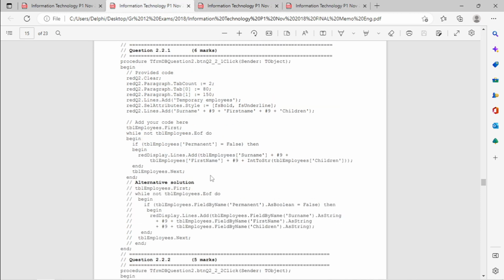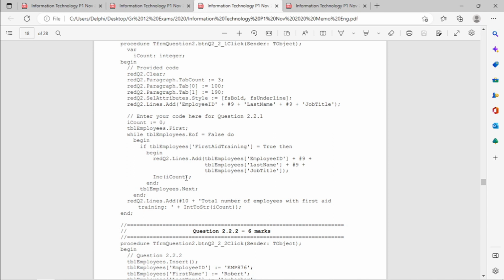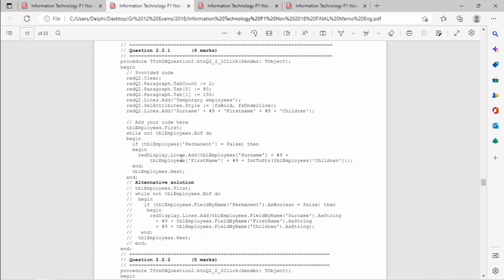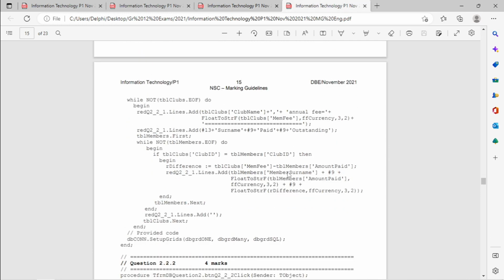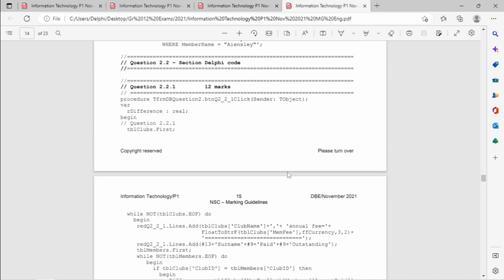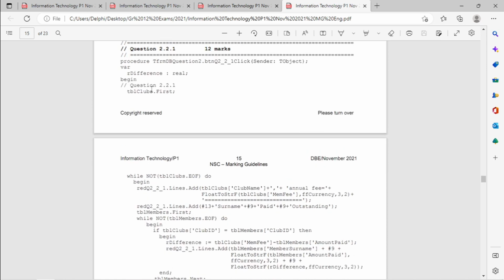So both questions quite similar, except this one was a little bit higher because you needed a counter to count something, where this one only displayed values. Let's go to the 2021 question paper. Again, table, you add a table dot first, while not end of file. This time there were no if statements. You only needed to display something, and then we will be going into another